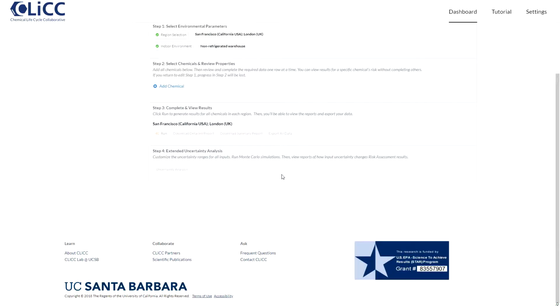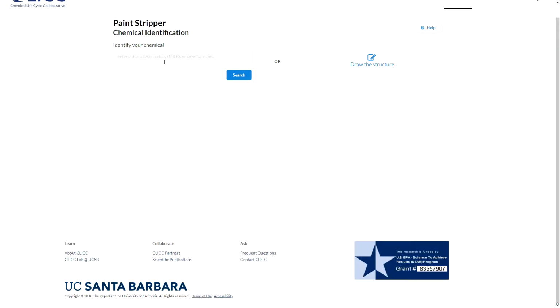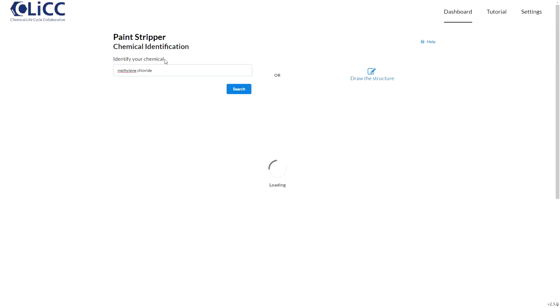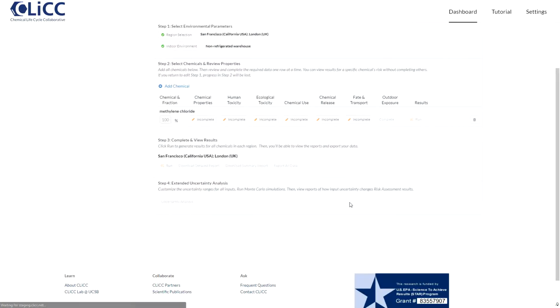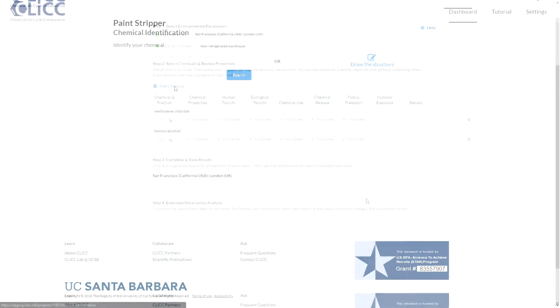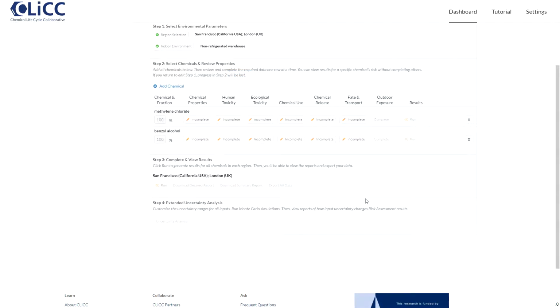On to step 2. Now we can add the chemicals we're interested in. You can easily add chemicals to projects. See the info card in the top right corner of the video screen for details. Now, we've added all the chemicals we want, and we can review the input data for each chemical, then put